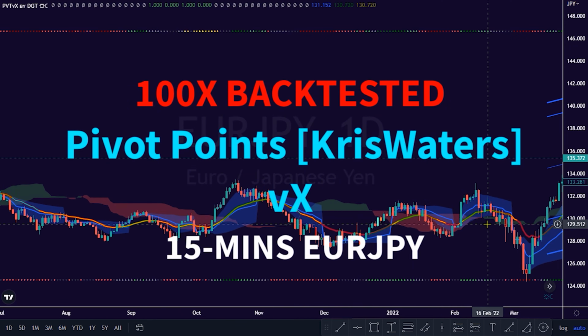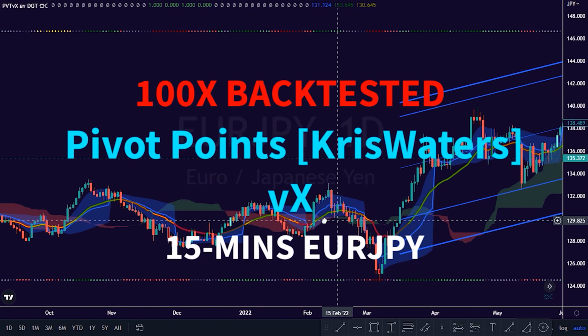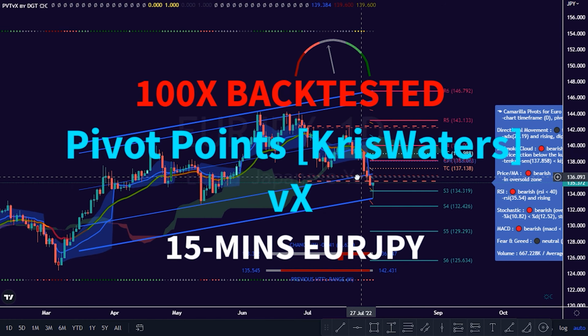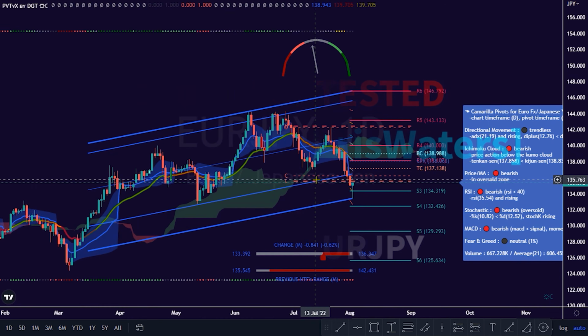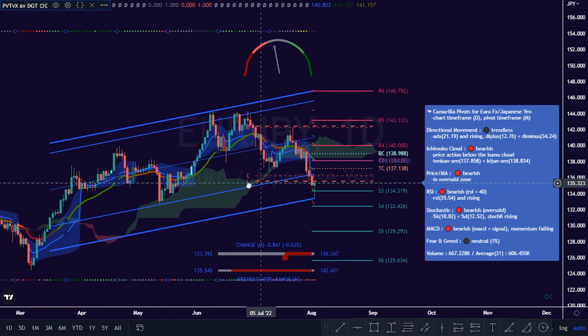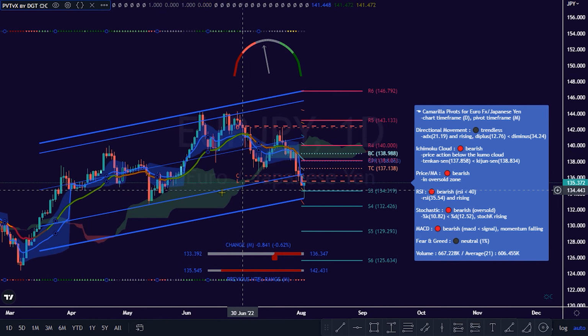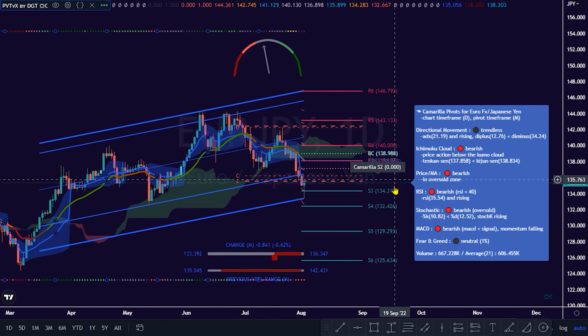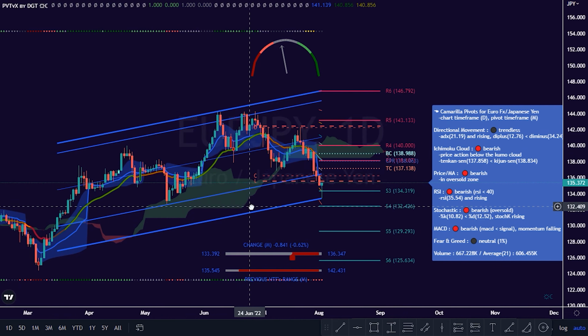I've taught you how the Pivot Points KrisWaters VX by DGT indicator works. In this short video, I'll show you my 100 times backtested result in a row on the Euro-Japanese yen with the Pivot Points KrisWaters VX indicator on the 15 minutes time frame. At the end of this result, we would see the effectiveness of the Pivot Points KrisWaters VX indicator trading strategy